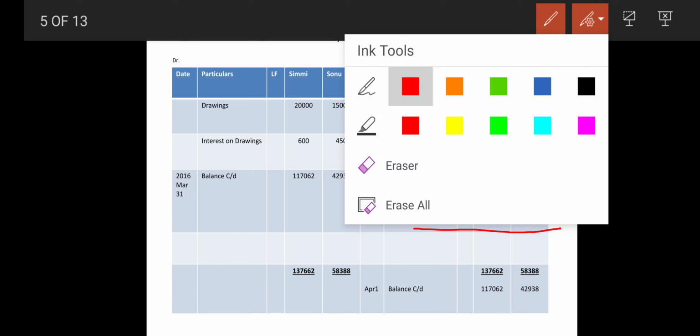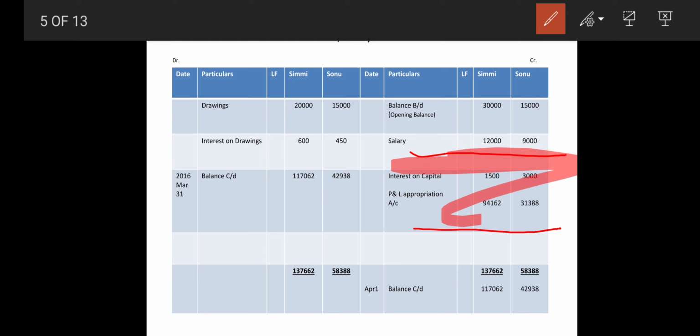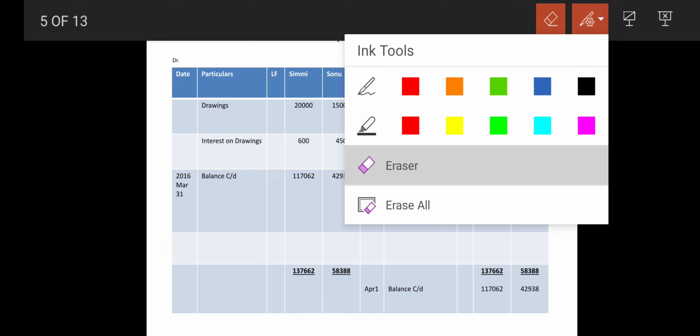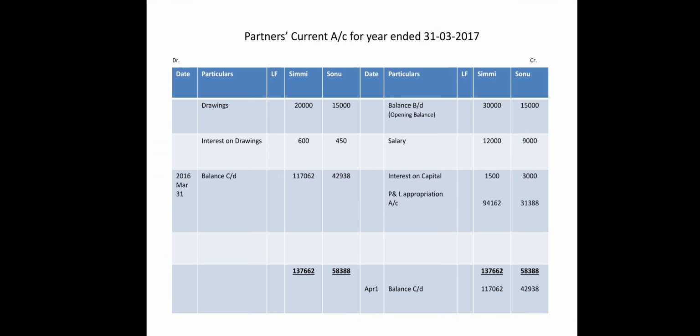So looking at this, we will make a total: 30,000 plus 12,000 plus 1,500, 94,162 gives you a total of 1,37,662. At the same time, 15,000, 9,000, 3,000, 31,388 will give you a total of 5,838,